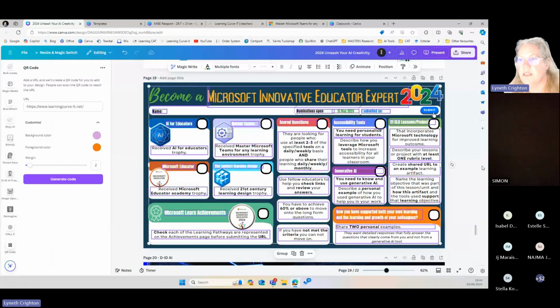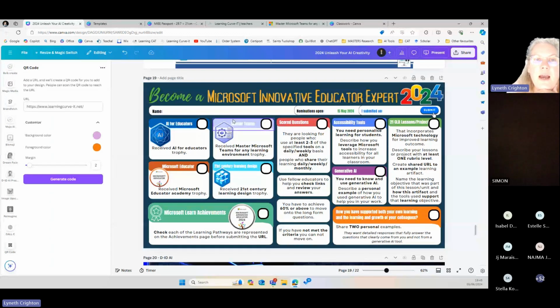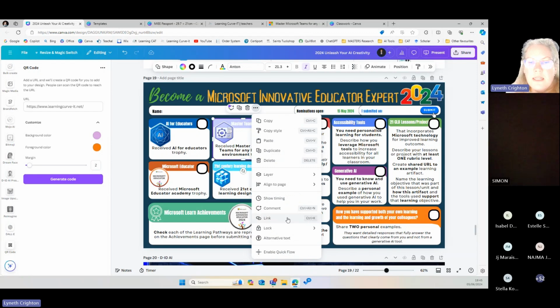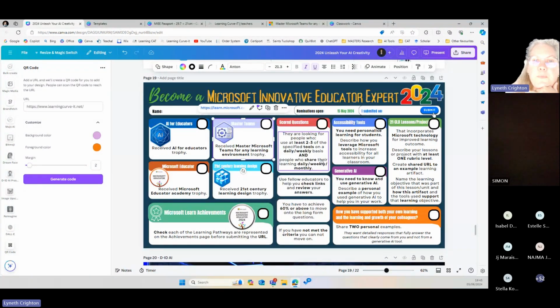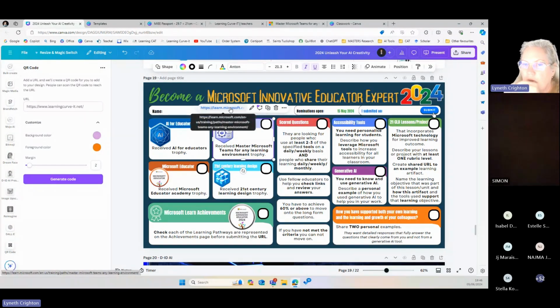Here is this year's MIE. I can click on a shape, click the 3 dots and say link. And if I paste the link and save this as a PDF, the person could click anywhere on this shape and it will open that badge, that website for them.